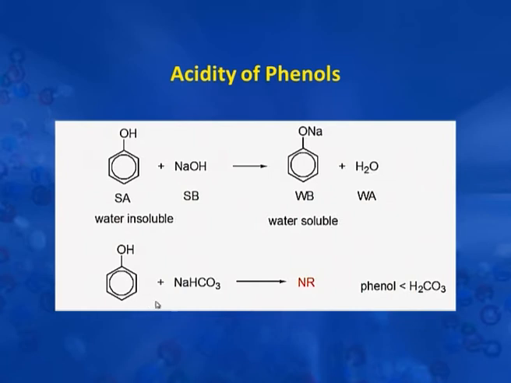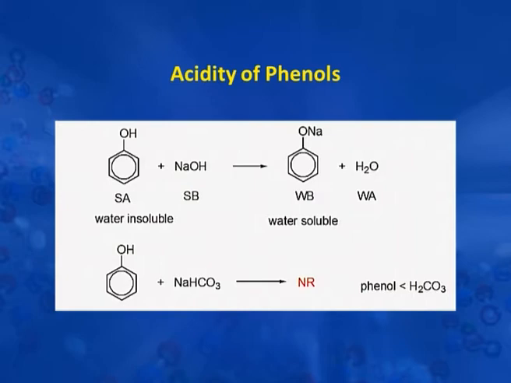Now, when phenol reacts with a weak base like sodium bicarbonate, it would produce carbonic acid, which is a stronger acid than phenol, and that is why no reaction takes place. The reaction does not proceed to completion. The reason behind it is that the weak acid phenol cannot form a strong acid, carbonic acid. In other words, we can say that phenol does not react with weak bases like sodium bicarbonate because it is a weaker acid